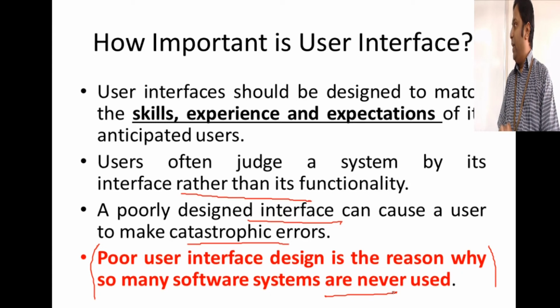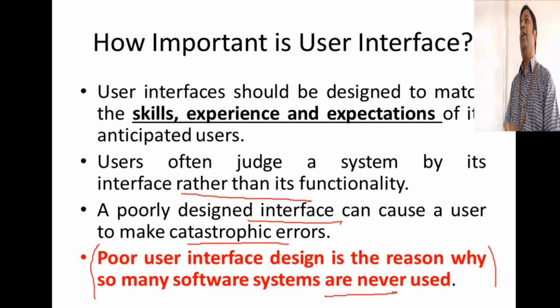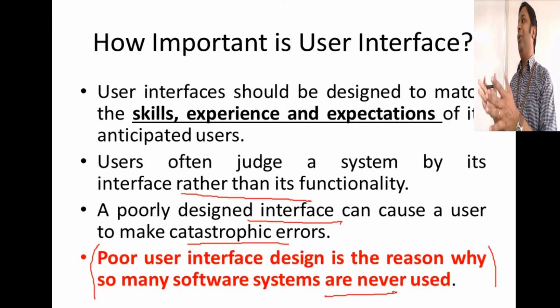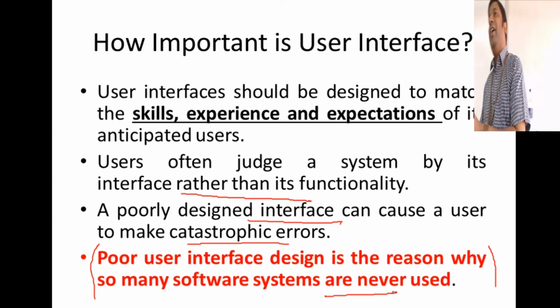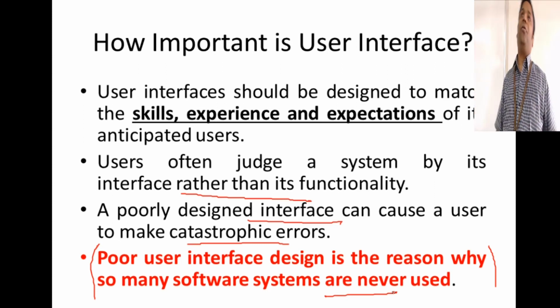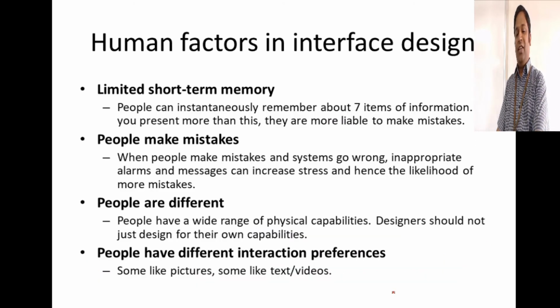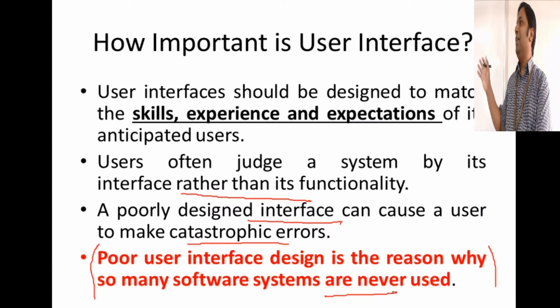Another good example is the BlackBerry smartphones. I don't know how many of you have used that. Very reliable smartphone, but they were still sticking to the key typing interface when other players had gone to the touch-based interface, and they were totally out of the market. No matter how much security you provide, how reliable you are, when you don't satisfy the users, this is what is going to happen. So how to satisfy the users? The very important thing is you understand their skills, their experience, and their expectations.